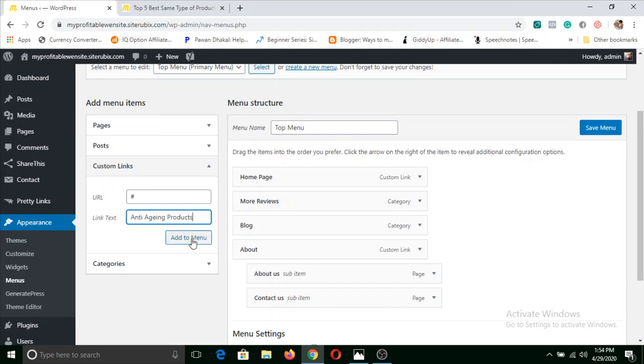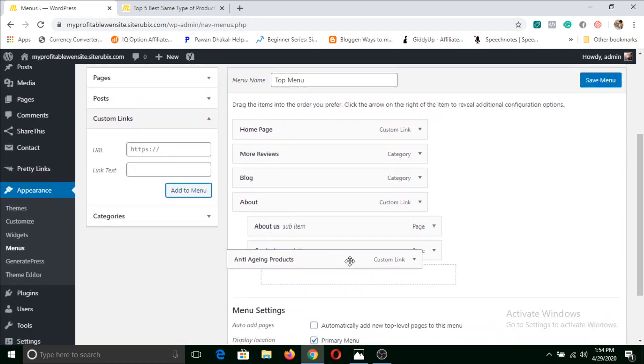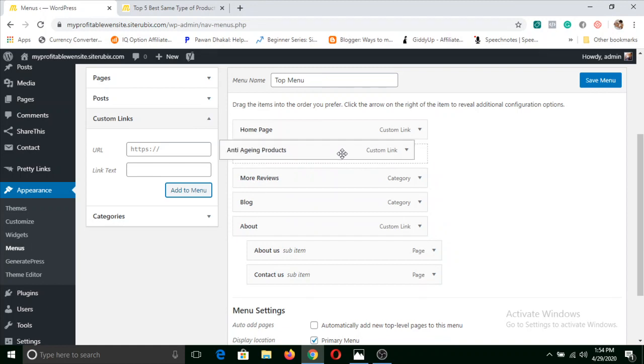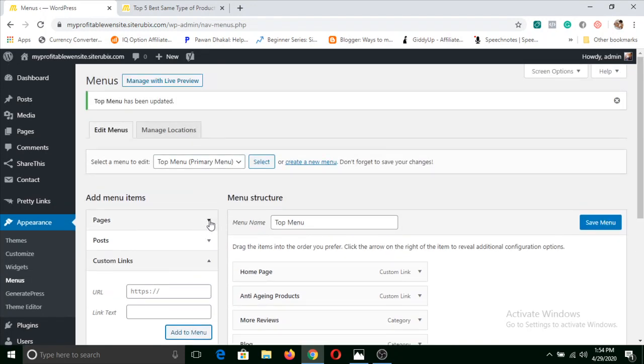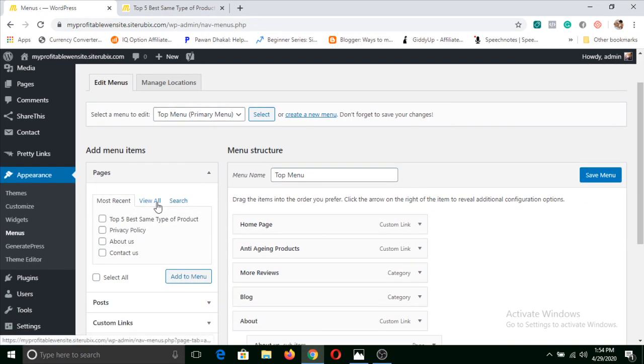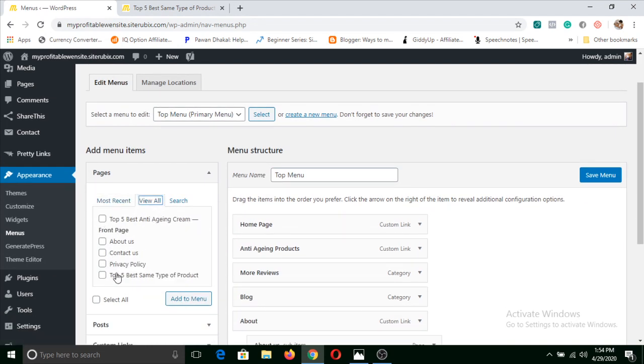Now I can click on add to menu, and I can drag it right below the home page. Then I'll go to pages, go to view all, and as you can see, top 5 best same type of product. This is the page that we have made, and I'll click on add to menu.